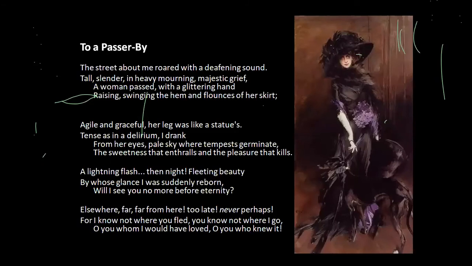Now, Baudelaire also wrote a poem to a woman, a passante, and I think I want to stress that there's a big difference here between a Flâneur, whom we're going to introduce very soon, who is a man, and a woman who is walking along the street, who does not have the same qualities as a Flâneur. She's just someone who passes by, because she has a very ambiguous status, as you'll see. I'm not going to dwell on the interpretation of this poem. I just want to pick out certain elements